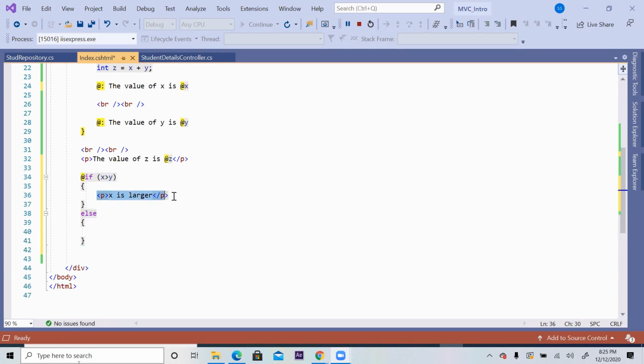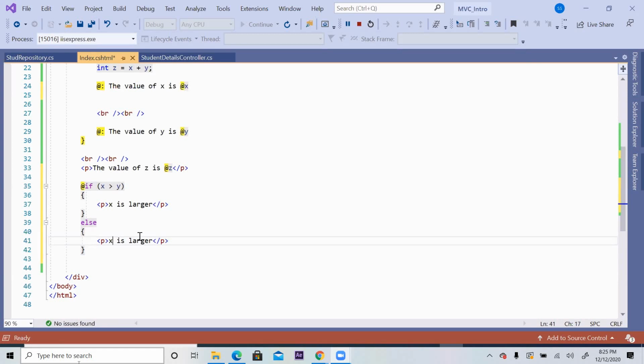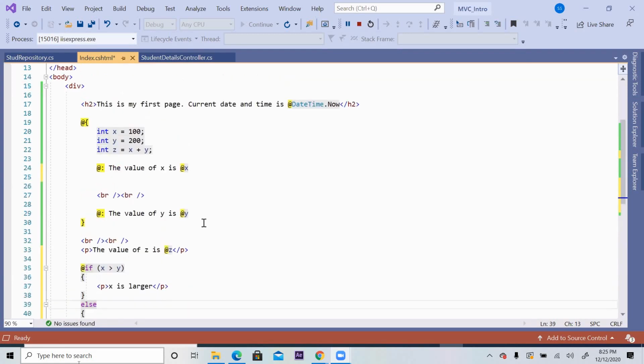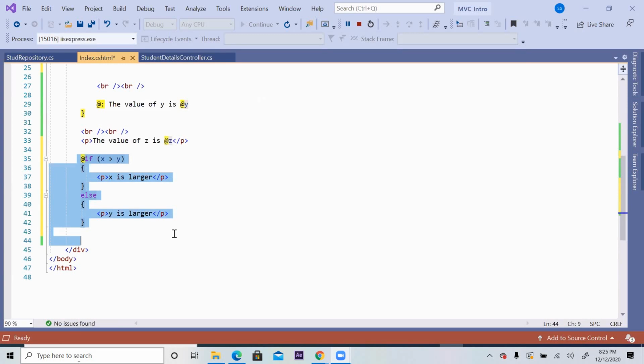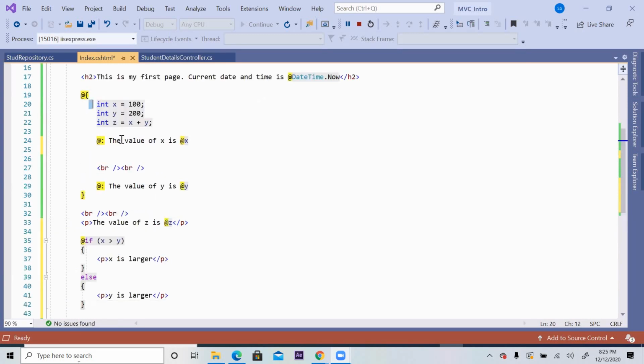Okay, so here I will say y is larger and so on. So this is called an off-the-line C# block, inline Razor block, offline C# block, C# Razor block.